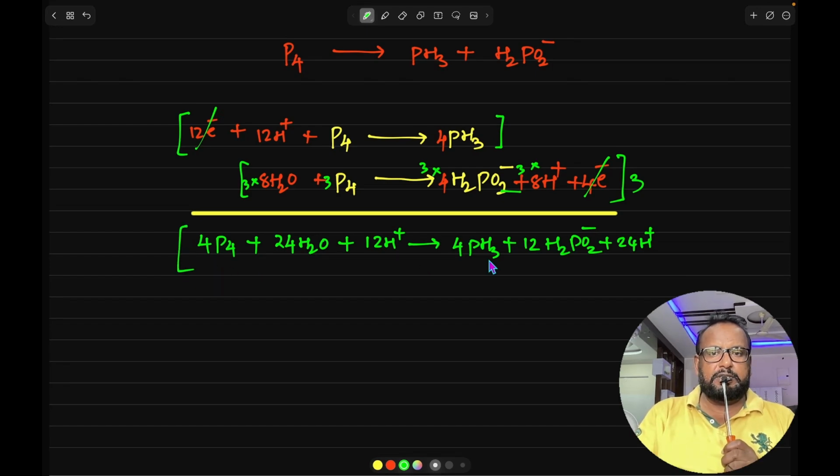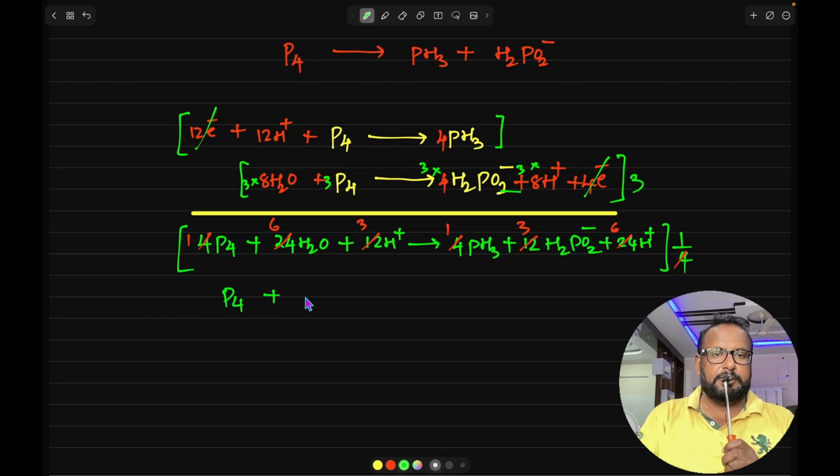But I can see one thing in common in all the terms, that they are multiples of 4. So I can divide every term by 4. So if I divide it by 4, I'll get 1 here, here I'll get 6, here I'll get 3, here I'll get 1, here I'll get 3, here I'll get 6. So the final reaction is gonna be